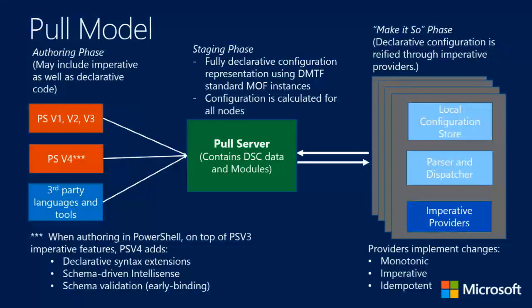And the VM brings it back to this local configuration manager and says, all right, what do I do with this? It analyzes all the resources. When it does the analysis of the resource, it asks itself, do I have a provider for that resource? If it doesn't, guess what it does? It goes back to the pull server and says, hey, I need a resource. Here's its name. The pull server brings it down, that module, because it's just a PowerShell module, which is essentially a zip file with anything you want in it, brings it down, unpacks it, and starts to try to make it so.